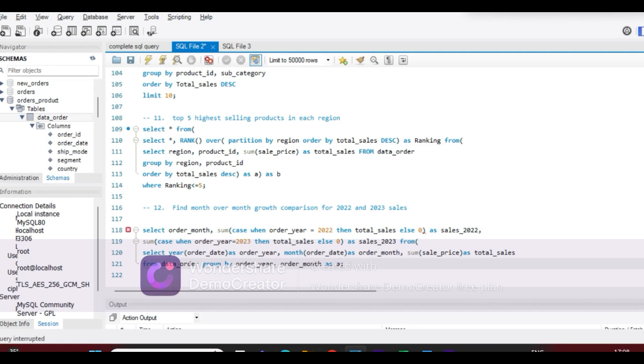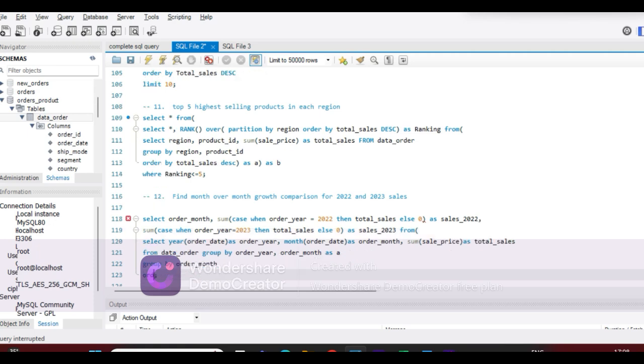After providing the alias, we also have to use a group by according to the order month, and order it by order_month. So let's see, but it's still showing some error. Let's see whether the error is in order_month, sum of case one as total sales, sum of case one from